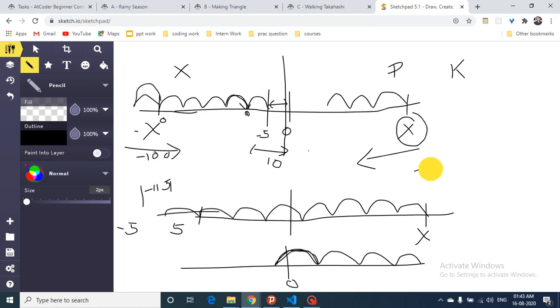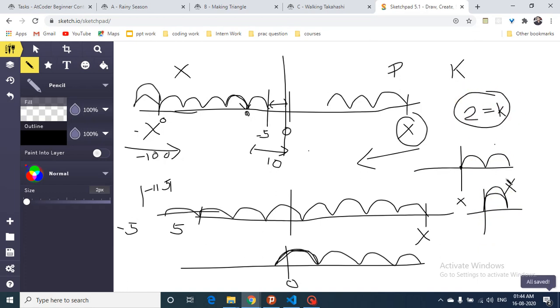Okay, now we have to understand one more logic. So let's assume that I am at point x. Now if I am at point x, if k is equal to 2, I can do 2 hops. If I have 2 hops, I can go 2 steps ahead, but it can also happen that I go 1 step ahead and come back to this point, which is nullifying my point. I am nullifying. If it is even, I can nullify my k and come to the same point.